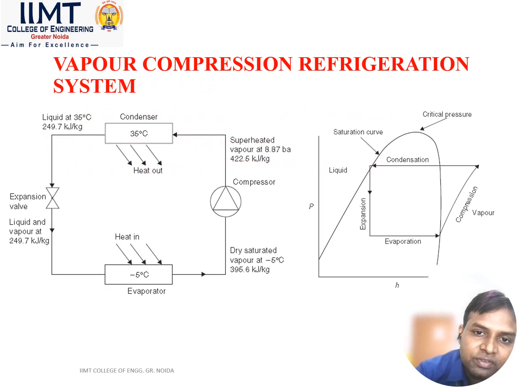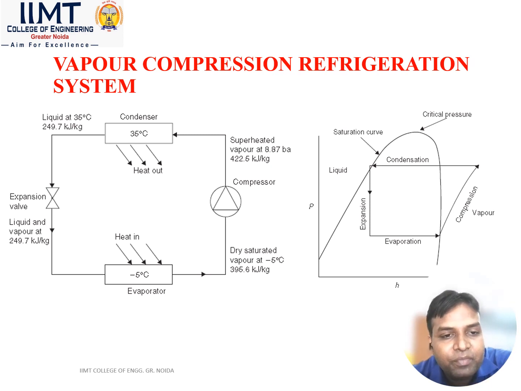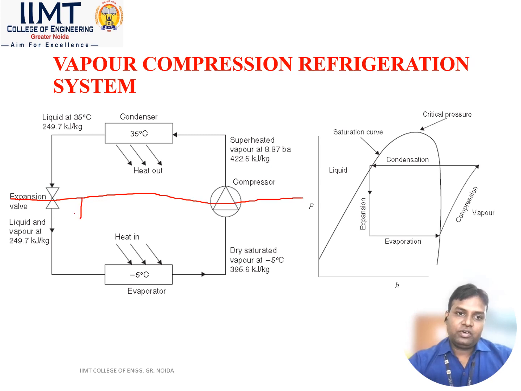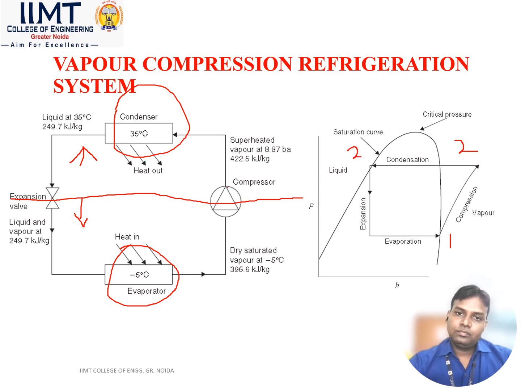So if we talk about the vapor compression refrigeration system, it has four components: evaporator, compressor, condenser, and expansion device. And you can see it has two sides, high temperature side and lower side. Generally the lower side has the low temperature, and here it has the high temperature in the refrigeration cycle. So the evaporator is generally at the low temperature side, and the condenser is generally at the high temperature side, and the outlet of the compressor is also at higher temperature. So here you can have one, two, three,